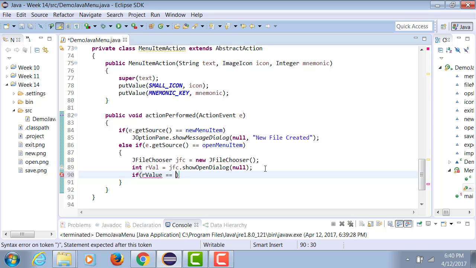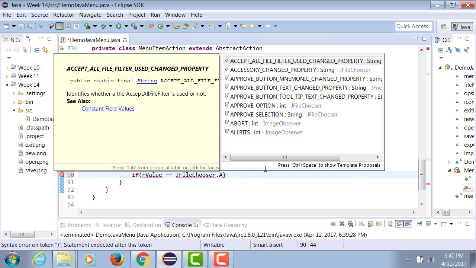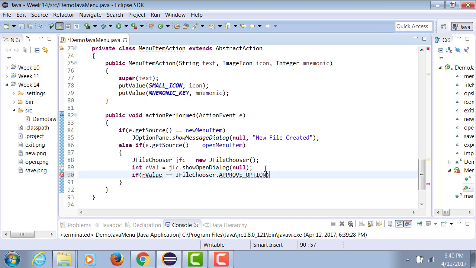So now let's say if R value equals FileChooser dot APPROVE_OPTION, that means somebody literally clicked OK,